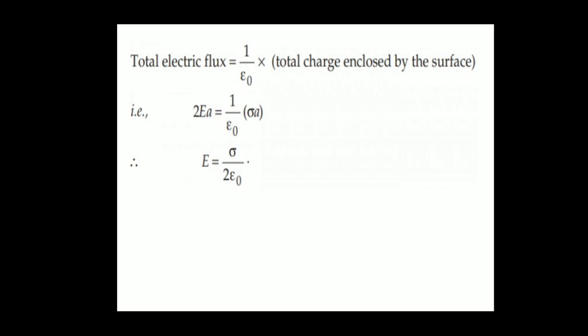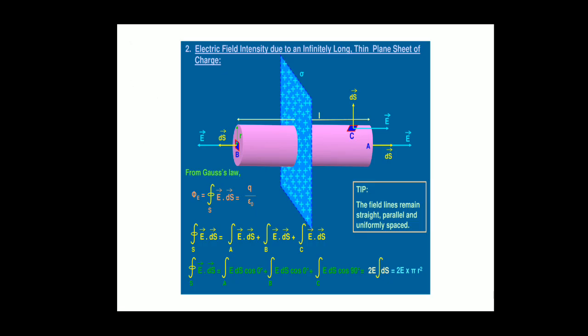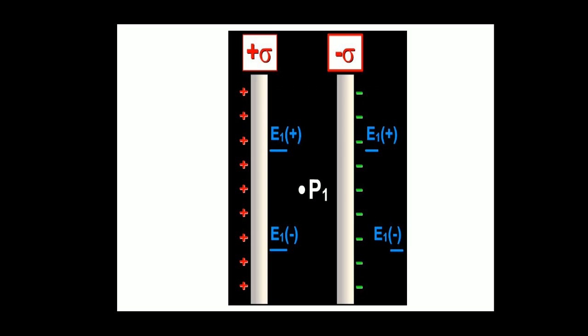So here we got it for one sheet. Is it necessary that we always have one sheet? We may have two sheets also. If I have two sheets like this, what is the expression for electric field? What is the electric field at the point P1? Again the same method we have to apply. Here there is a surface with plus sigma and a surface with minus sigma. Can you try and keep it? I'll discuss the answer in the next class.